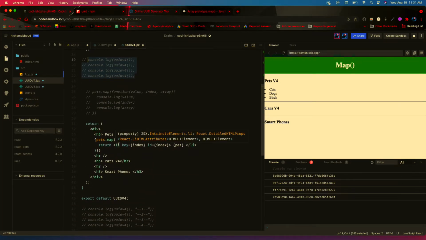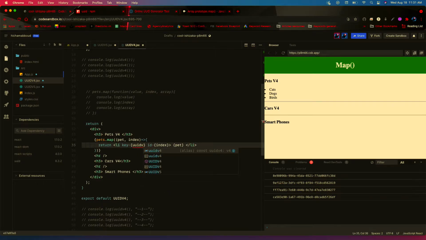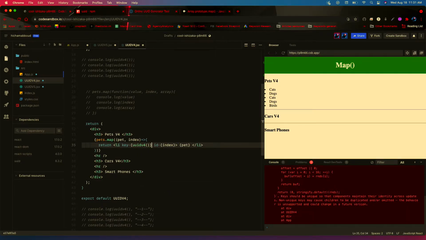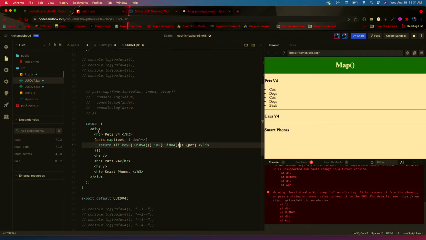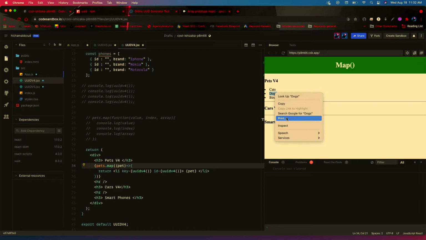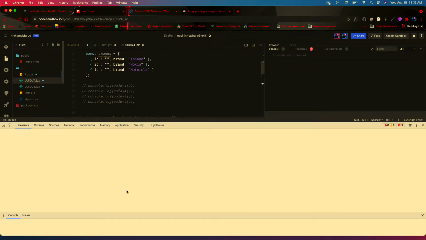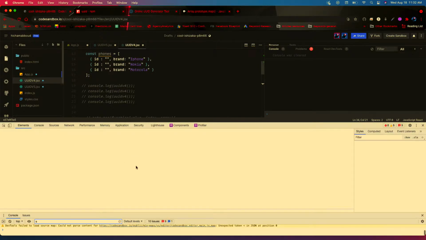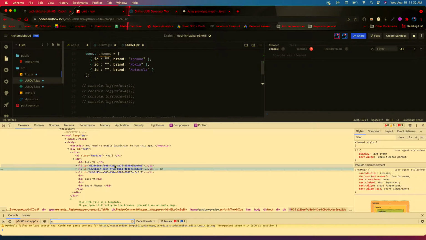So now to use it is as easy as replacing the index with uuid version 4, and then I'll do the same thing for ID, uuid version 4 parentheses, and right now I don't need to use index. Okay, so if I refresh, my warning went away, and then if I inspect it, each ID here will have a different, or each key will have a different, unique key which is different. Okay,